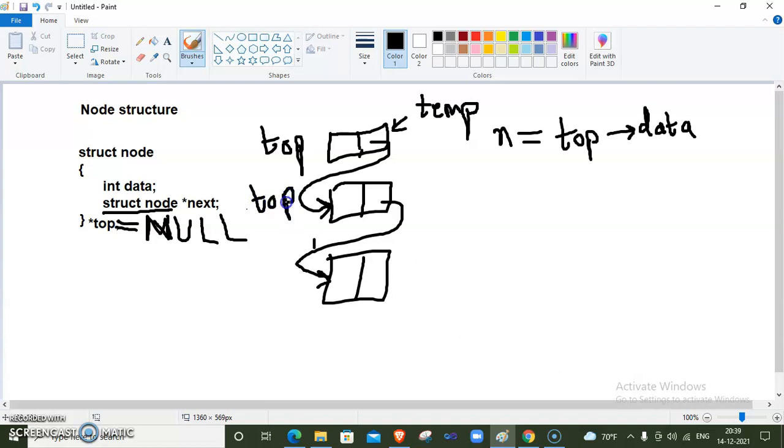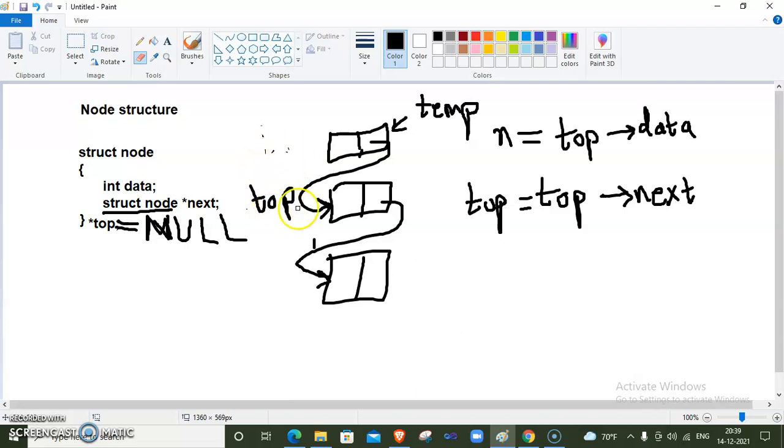We store the address of the next node inside top. In this way we decrease our top. Now our top is at the second last position. We updated this top.